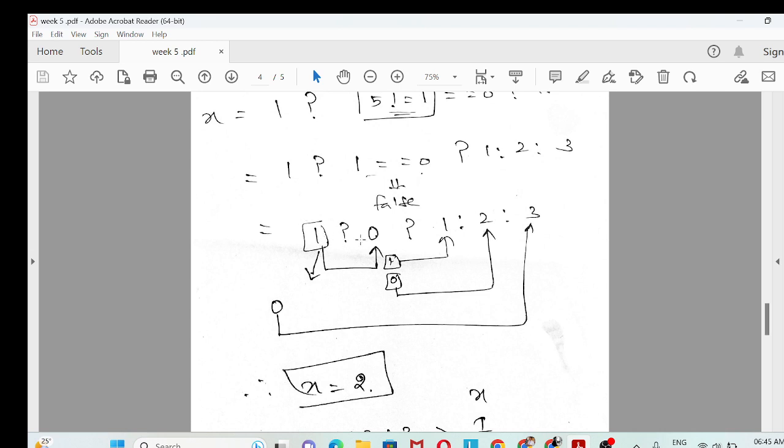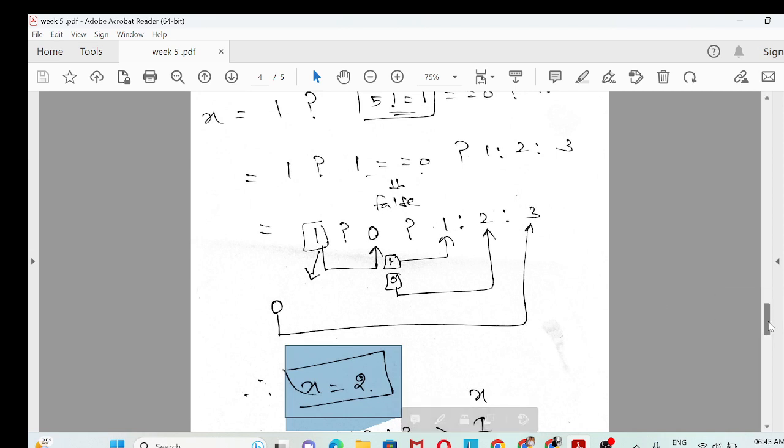1 question mark 0 question mark 1 colon 2 colon 3. As I said, if the very first condition is false, it will take the final, which means the last output 3. Since it is 1, we are going into this condition, which means nested ternary. Since it is false, this will take the last value. If it is 1, this will take the first value, which means if true, take the first one. If false, then take the next one. This is the condition. So for 0, it will print 2 over here,